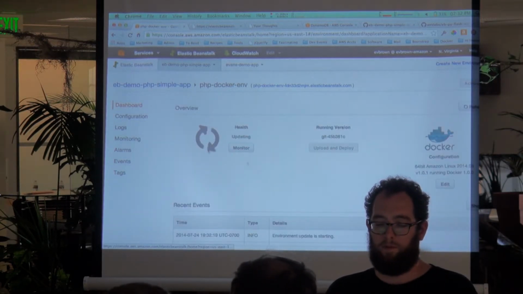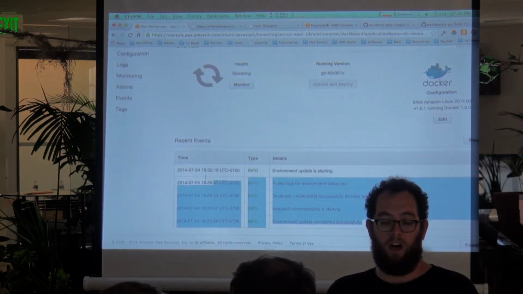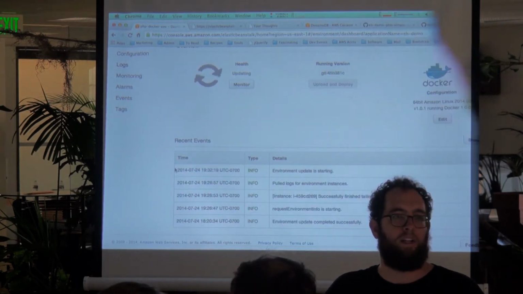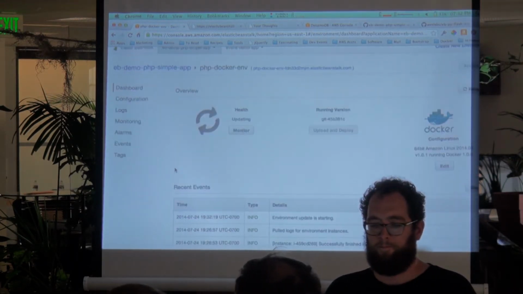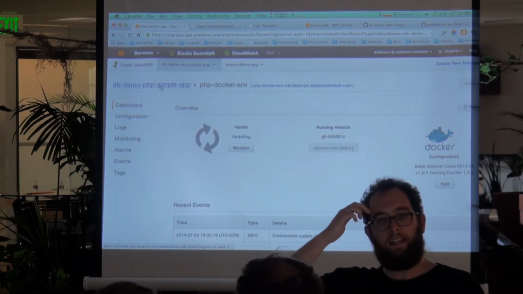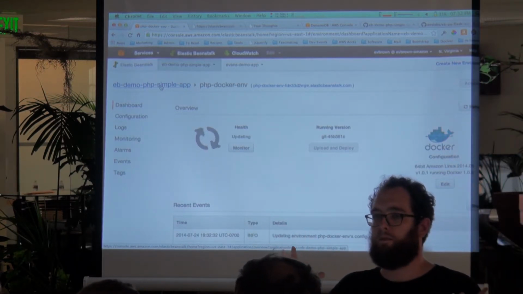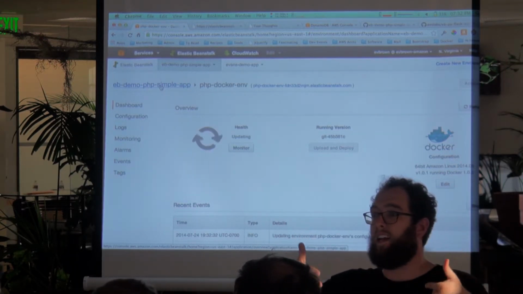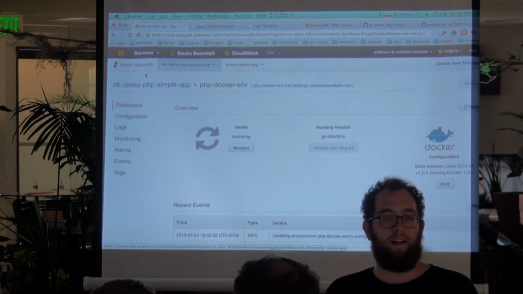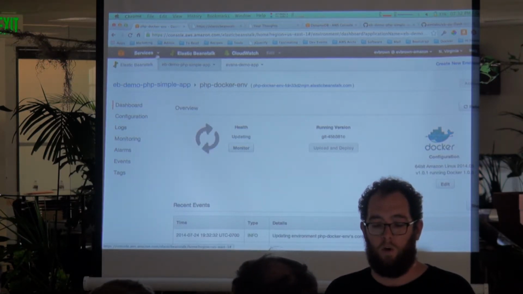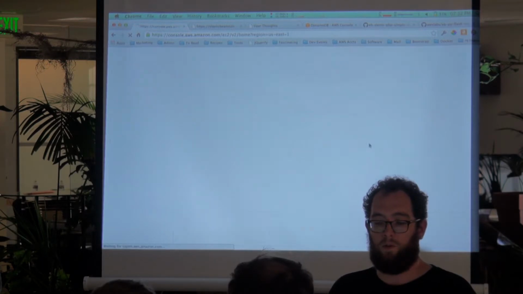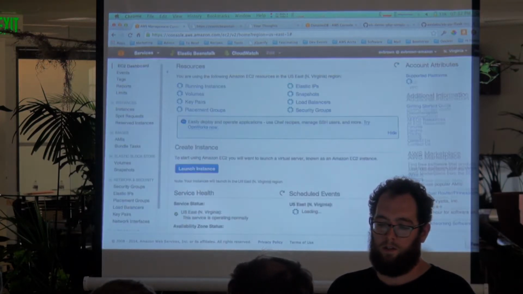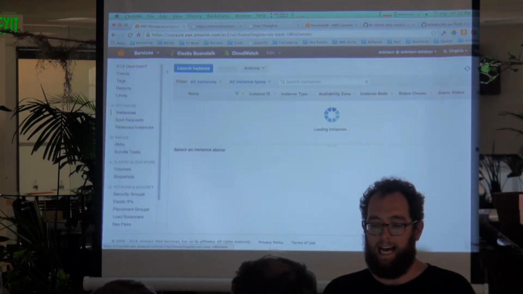Go back to the dashboard, and we'll see from our event logs that this is taking place. I said that Beanstalk takes all of the services and gives you a higher level opinionated API on top of them, but it never obscures the core services. So if we go into EC2, we see that